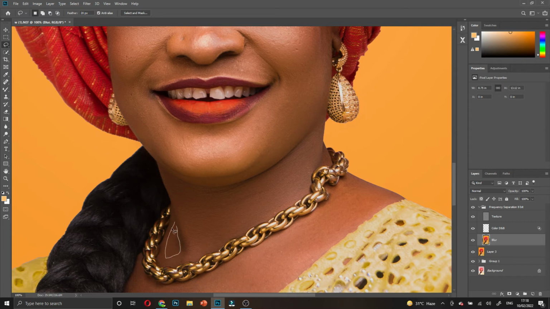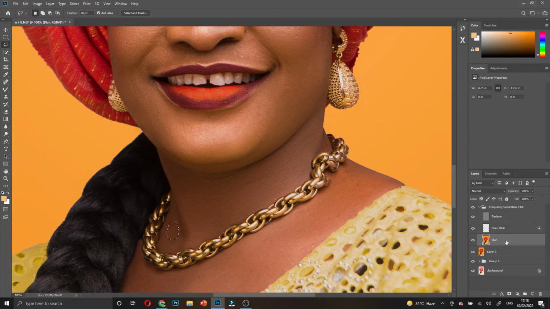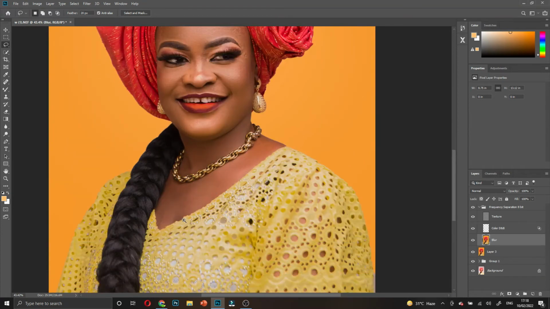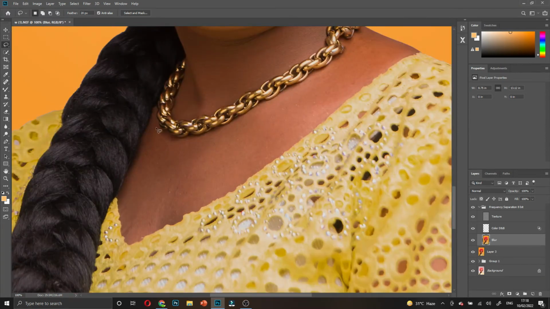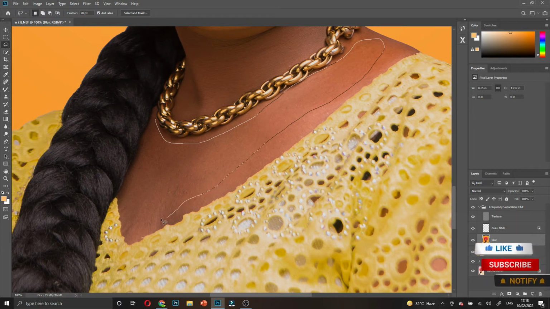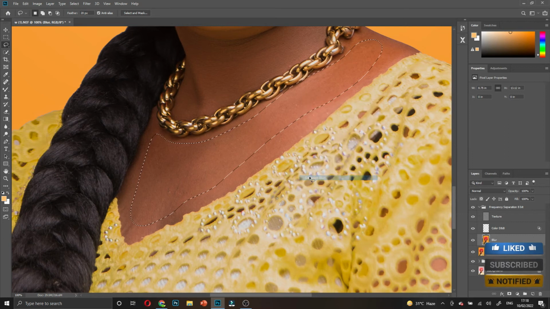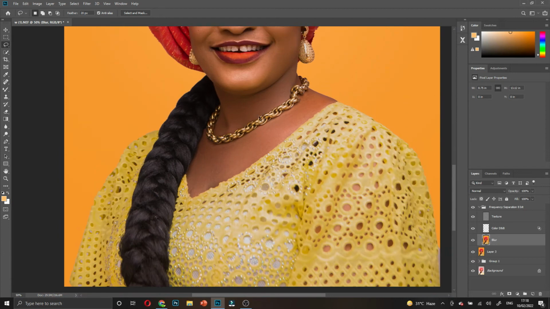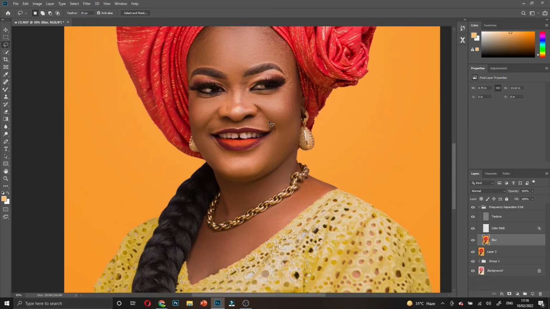Always when you are using the laser tool with frequency separation, make sure that it's always on the blur. Okay, so let's come to the neck. I pray that this thing, the chain, will not bleed inside the skin. Okay, I think it didn't. So you can see, guys,